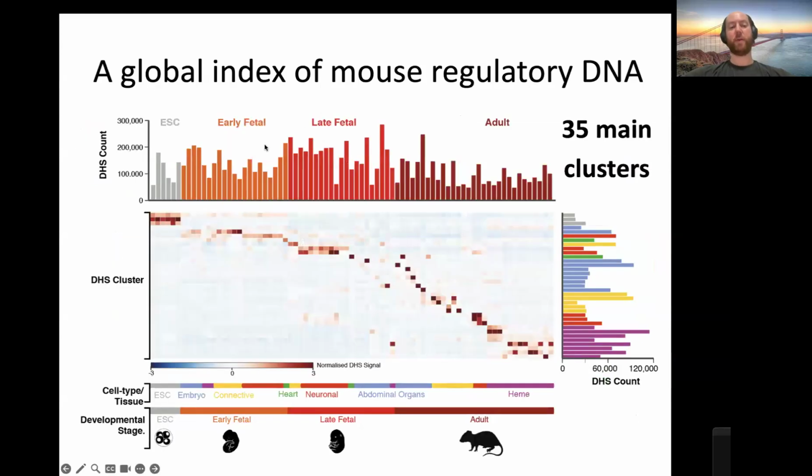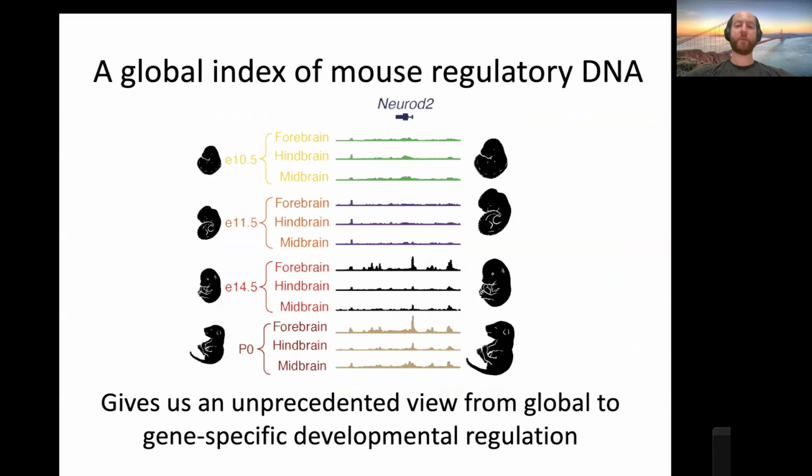And fundamentally, what we built was a map that goes all the way from mouse stem cells through early development in mice, late development in mice, and adult mice. And so what we're trying to build here is a model to understand, for example, disease-associated regions, parts of the genome that are involved in diseases which are conserved between human and mice. And we're also trying to understand how brain development occurs.